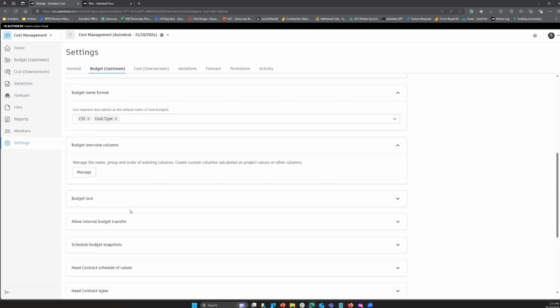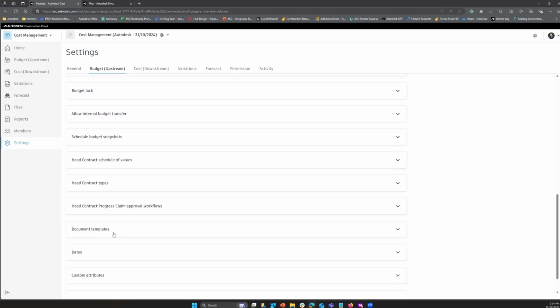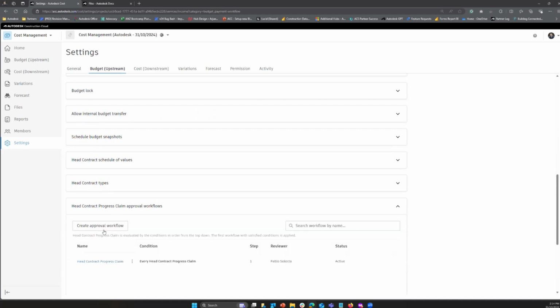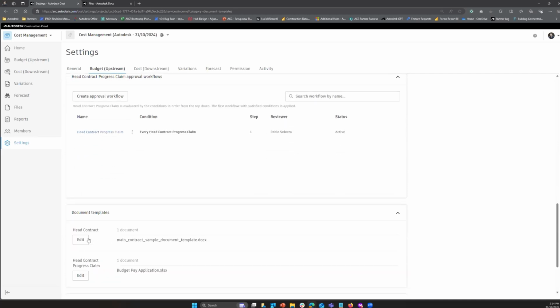I won't cover this too much, but every single upstream, obviously this is for upstream budget. So progress claims upstream. So if I was the head contractor sending a claim to the owner, you can have workflows in the platform and you can collaborate with all parties in the platform as well. And there are some templates, and this is awesome because if you have a